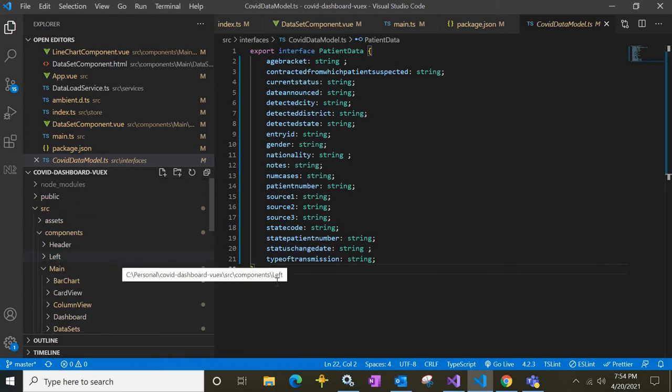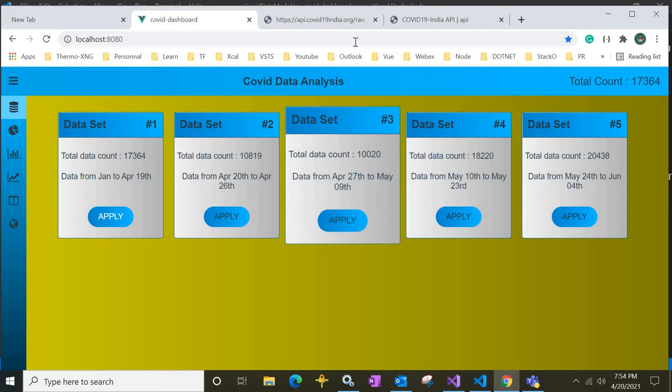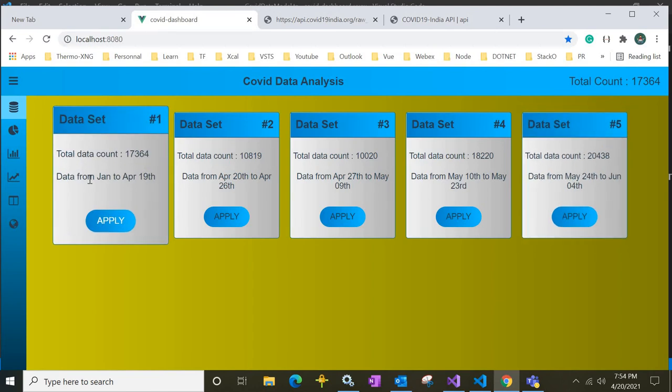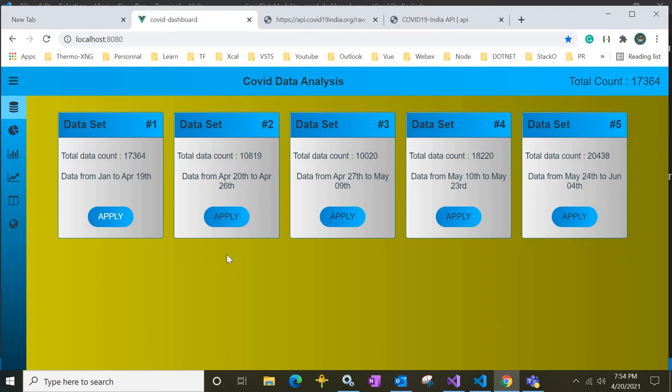First, we will try to add one more data set. Then we need to find out the next API. Currently we have data from Jan to June, for 2020. We will add the next set of data. One more data set we will add. That way we can code in parallel, and then you'll come to know how the bindings are happening.